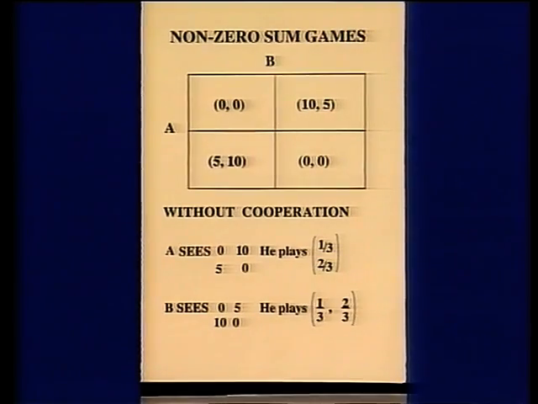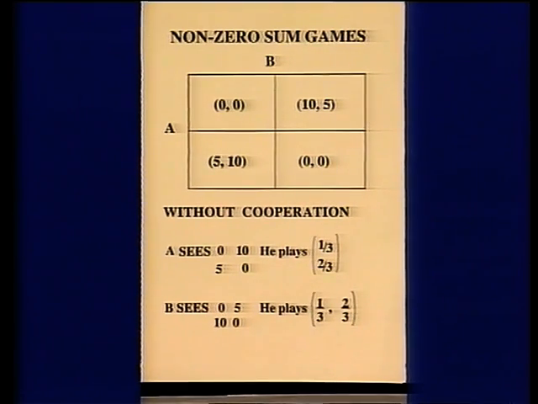But the business about cooperating is quite important. And let's go back and look at another example of this kind of situation. We call it a non-zero-sum game. The games with which we started this lecture were zero-sum, insofar as what one player gained, the other player lost. Here we have a situation shown in the table where each player can take something from a common external pool.